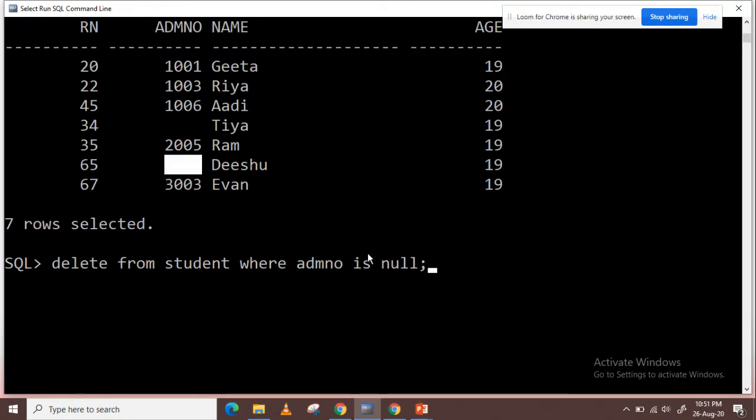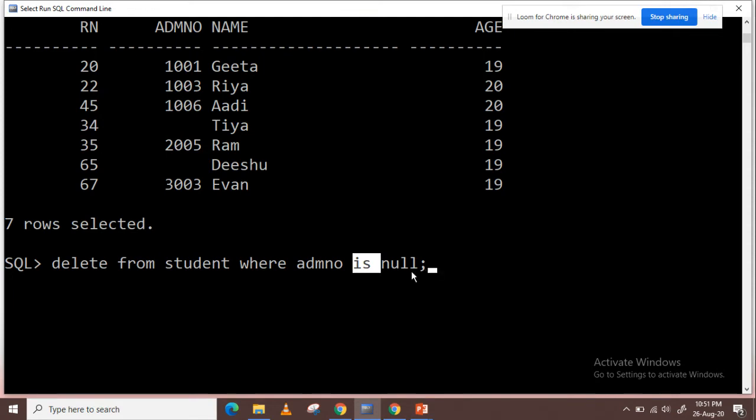Remember that for checking a condition with null, we cannot use equal to or any relational operator. We have to use is: where this is null, where that is null. So we cannot use equal to here, where admission number equal to null.